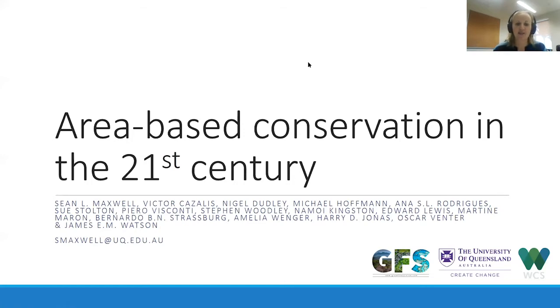Our speaker today is Dr. Sean Maxwell. For the last 2 years, Sean worked as a postdoc research fellow in James Watson's research group, Greenfire Science. This work over the last 2 years has focused on assessing area-based conservation interventions and policy and quantifying the carbon benefits of retaining large tracts of intact forests across the global tropics. Looking ahead, Sean continues to work on land use solutions to global climate change and biodiversity loss, and is increasingly interested in how local coordinated management of agricultural landscapes can make meaningful contributions to international environmental goals. So without further ado, I will turn over to Sean, and it looks like your presentation's up and running.